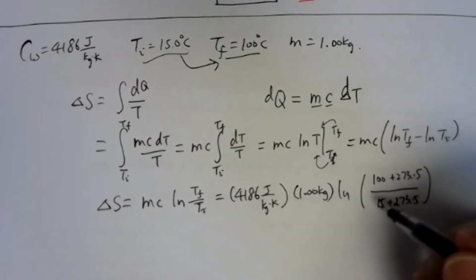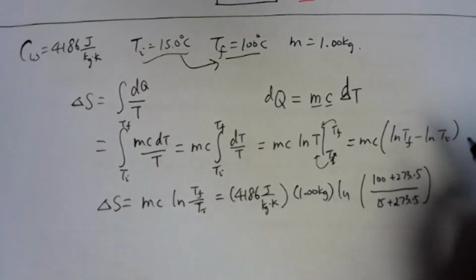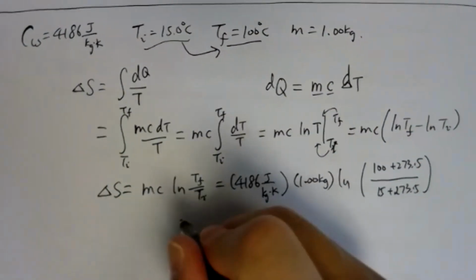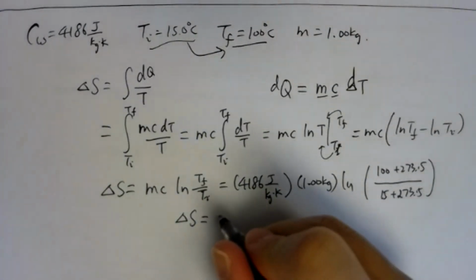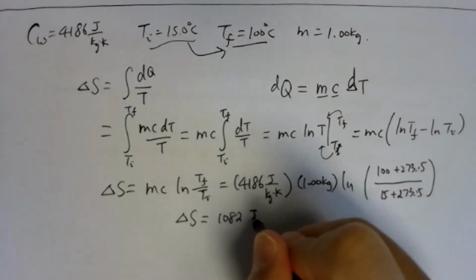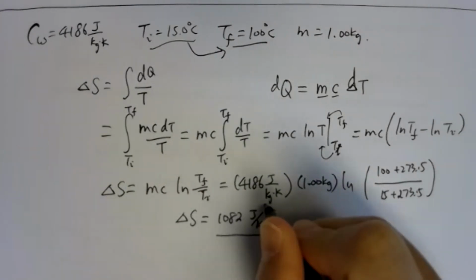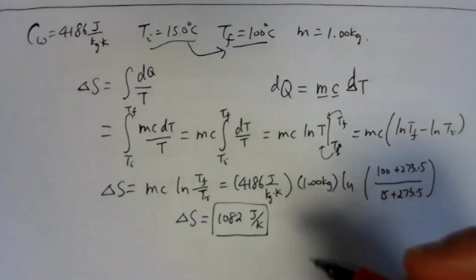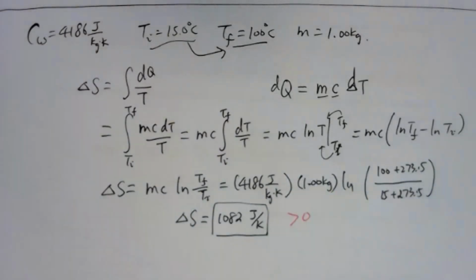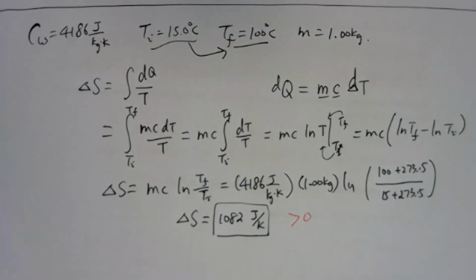Okay. So in this case, you can see you're not doing the difference of the two temperatures. So you need to convert them into kelvins. All right, so that gives you delta S equals 1082 joules over Kelvin. Okay, so again, make a note here. This guy is again greater than 0. All right,